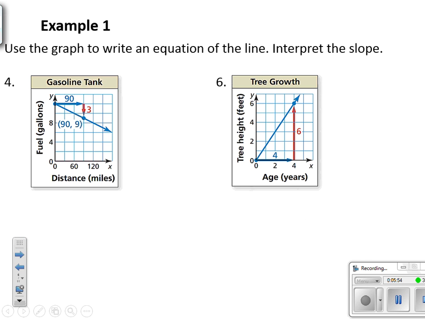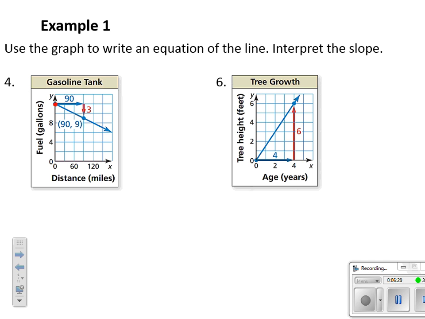All right, so our first example, we've just got some graphs and we need to write an equation of a line and interpret the slope. So we had better see something using that per or for each language. So for number 4, here you can see our y-axis measures the fuel in gallons, and the x-axis measures the distance traveled in miles. So this is, you can see the header there, modeling what's going on in a gas tank. Well, if we wanted to write the equation of our line, you'll notice that we know